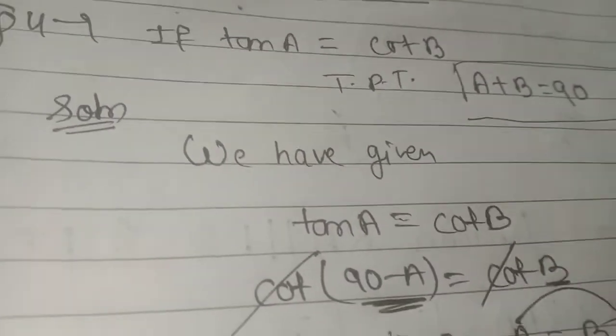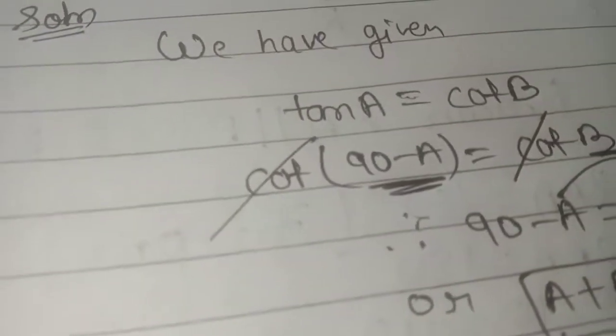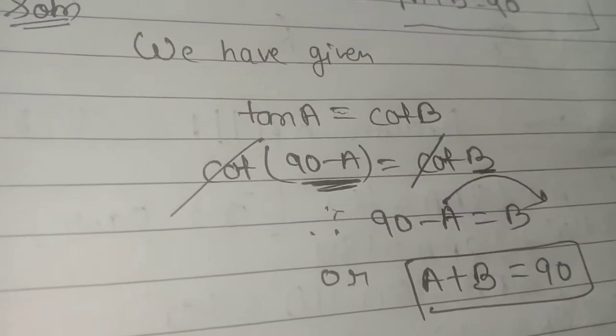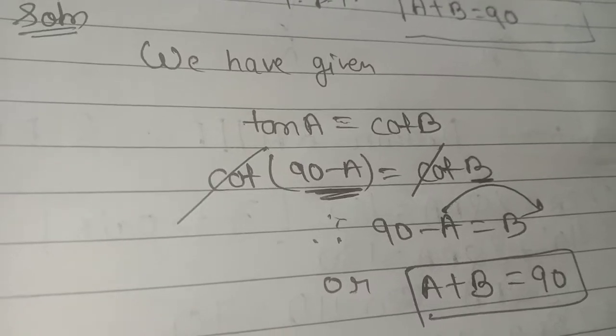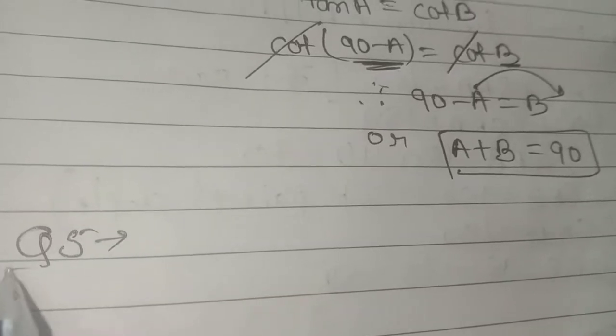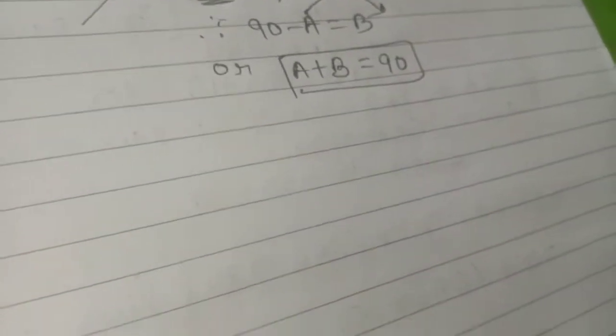So be sure about such types of questions, because they are always mandatory questions and they come in the examination for 1 or 2 marks compulsory. So try to solve it. Now quickly moving to question number 5. I am sure that this exercise is easier than 8.1 and 8.2, hopefully.